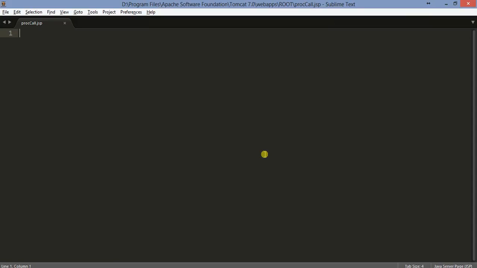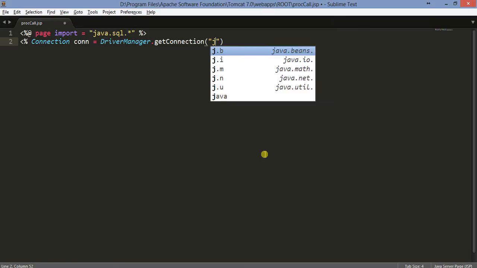So I will be doing this in my JSP page. Let us start. Page import equal to java.sql.*. First I'll declare a connection, con equal to DriverManager.getConnection, and I will take